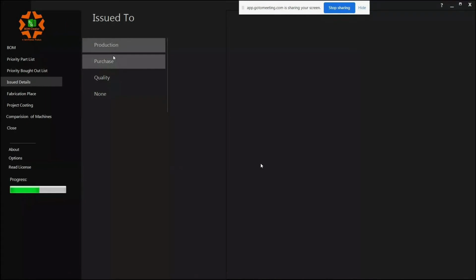This option is nothing but to identify, like say I'm making a machine with 4,000 or 5,000 components. As a designer, we release all the drawings partially, right? We release 100 drawings today, 200 drawings the next day. So we partially release the drawings. Now if I want to identify which drawings I have released and which I have not released yet, I can do it in a click, and I will release only those drawings which have not been released yet to anyone, right?